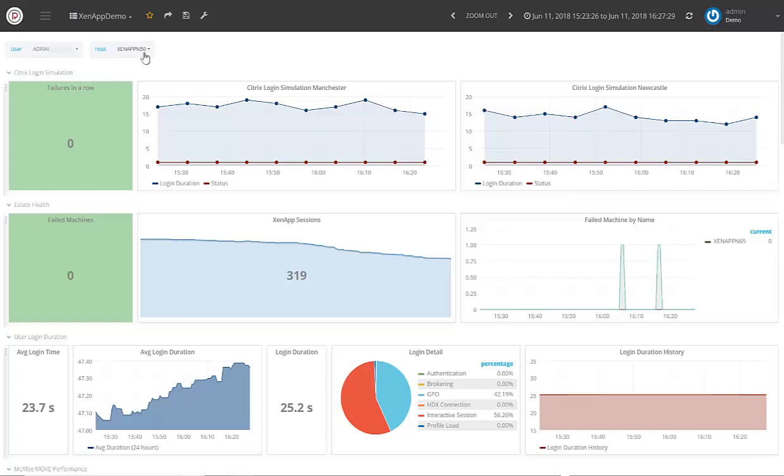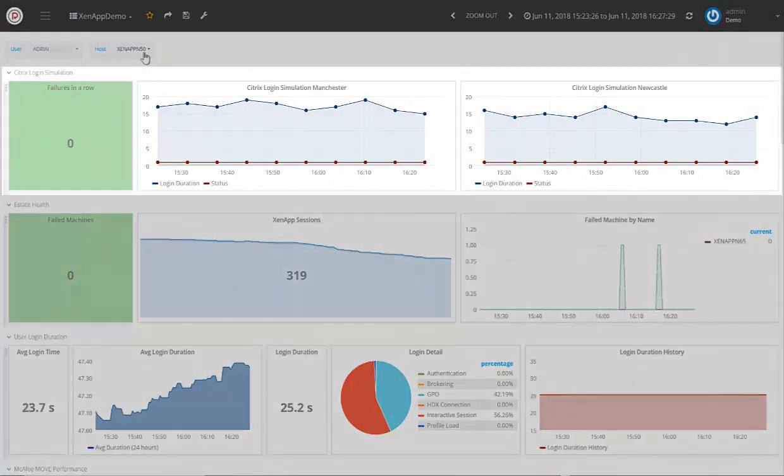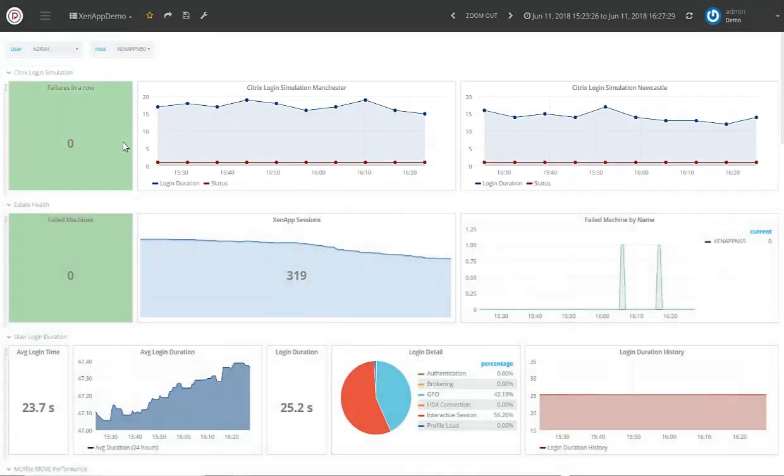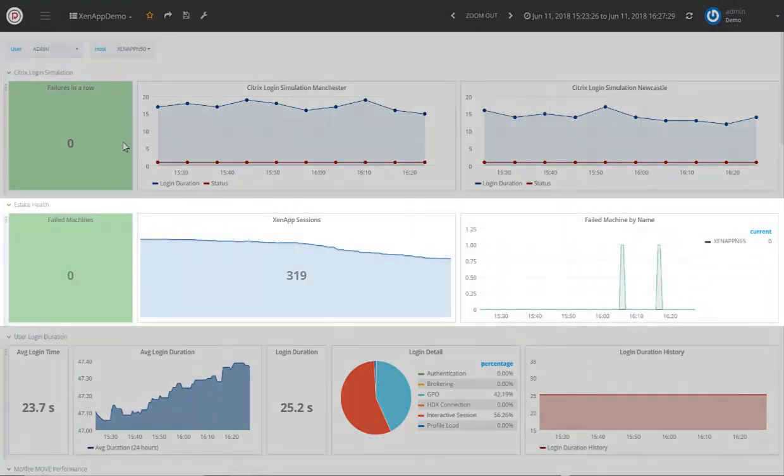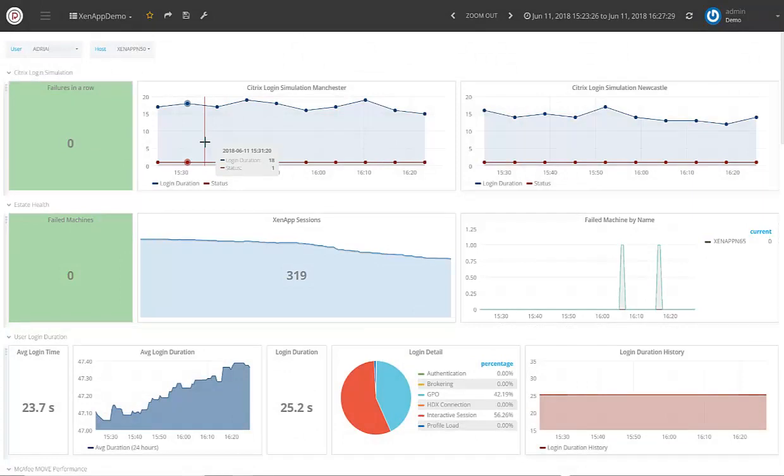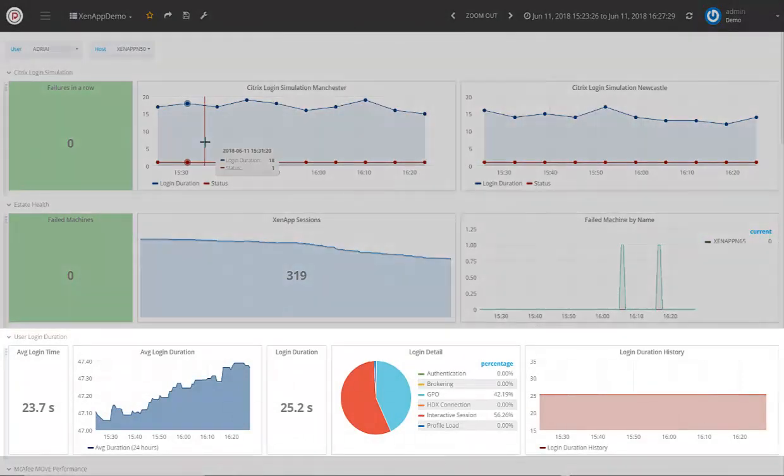The first row gives us results from our 2 geo-redundant external login simulators. This tells us that Citrix is up and processing login requests. The second row gives us the overall estate health, if we have any failed machines and how many total sessions are connected. The third row shows overall login durations, followed by the specific user login duration with a history of